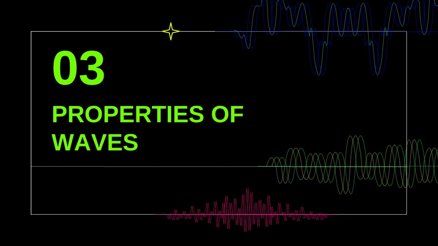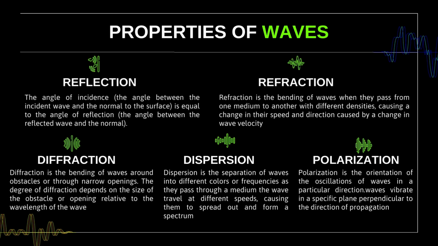Going to topic 3. The properties of waves. The properties of waves are broadly divided into reflection, refraction, dispersion, diffraction, and polarization. Reflection of waves is calculated by the angle of incidence, that is the angle between the incident wave and the